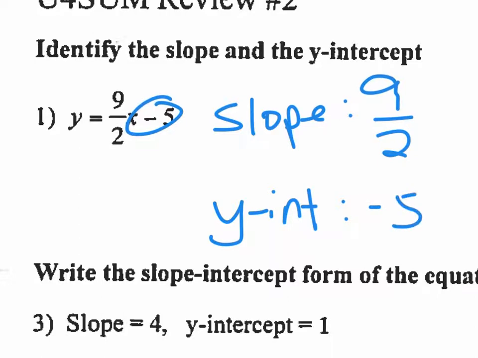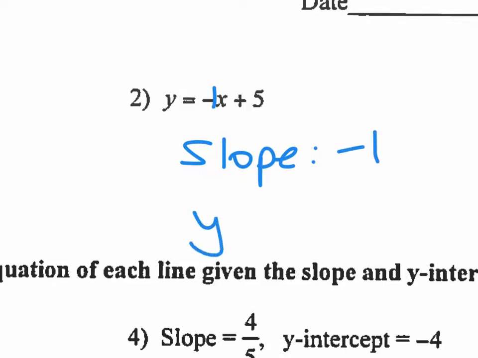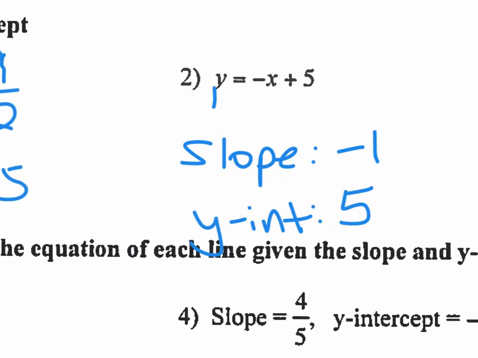Okay, and then similarly, for number 2, the slope, this time there's no number there, but I know that there's really a 1 there. So the slope is negative 1, and the y-intercept is positive 5. There's 1 and 2, and then